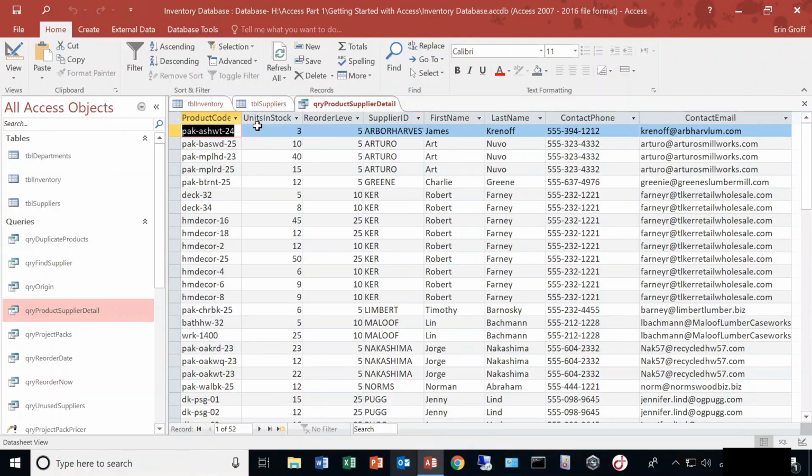So it took product code, this is actually a different one here, query code, we also have units in stock, reorder level, supplier ID, just additional fields here, and then from the supplier ID table, depending on the supplier ID, their first name, last name, their contact phone, and contact email. So it just joined the fields from multiple tables together into one view for you. Again, so you don't have to flip back and forth. And another example,